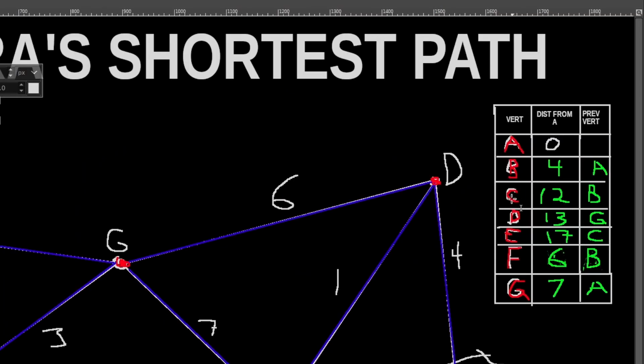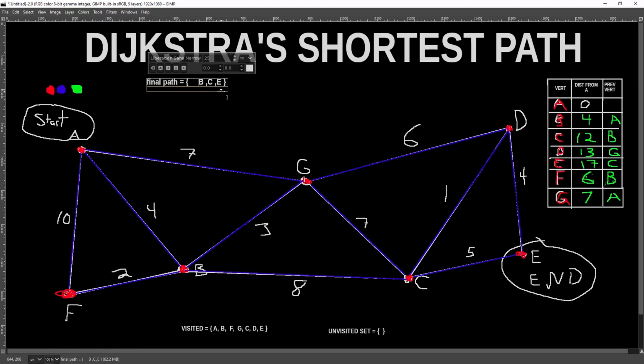You can go to C and see that the previous vert is B. So you put a B before that. So we go to B and we can see that B comes from A. So you can see now we're back at the start. This is our final path. This is the best path. Everything else is eliminated. So at this point, we could draw it out, but essentially you would move your guy